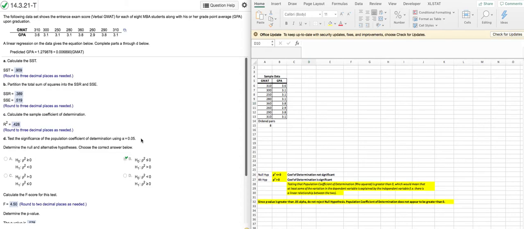This is question 14.3.21, and here we are working again with some students who have GMAT scores along with GPAs listed. So we have a number of ordered pairs, actually 8 of them total, and we're already given the linear regression equation as well. So we're just asked to determine some information that will be obtained or included in the output of the regression